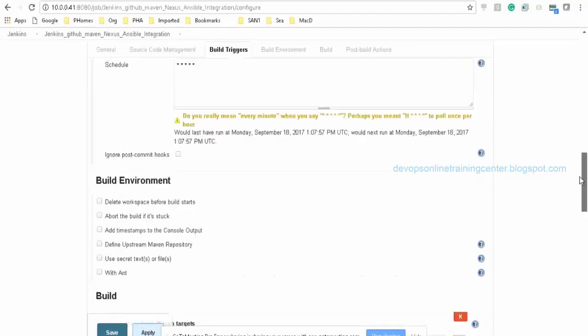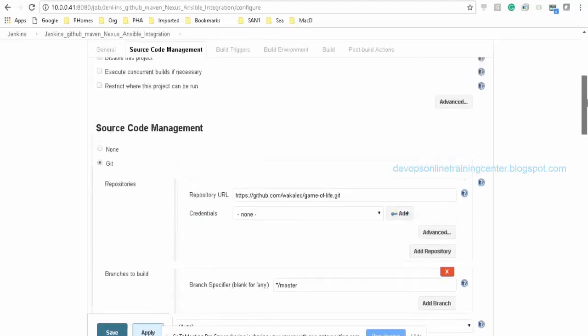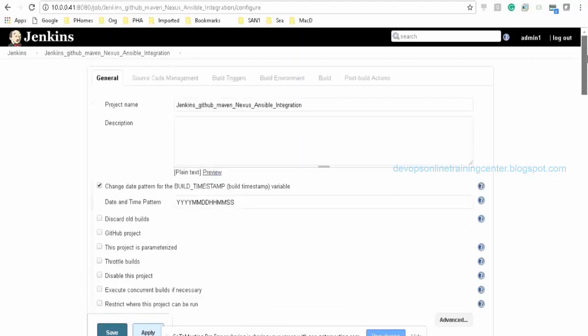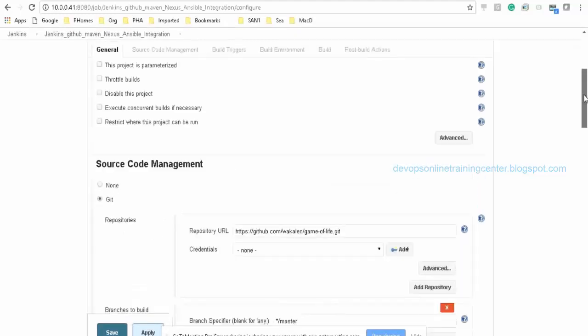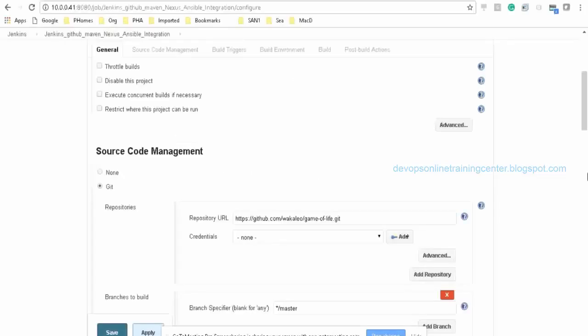Santosh, is the inventory file the same one that we used previously, where we mentioned web servers? Yes, they're the same. That was a host file, no? The Ansible host file? Yeah, this is the same inventory or host file, where we specify the web servers, DB servers and all.